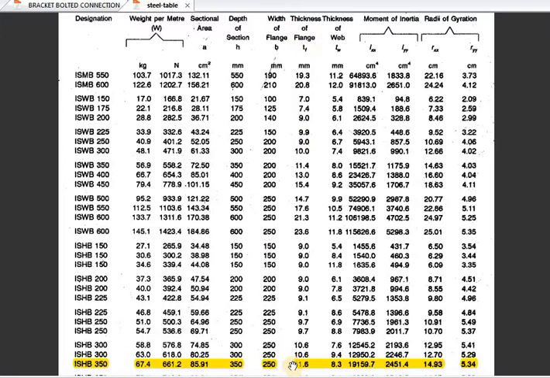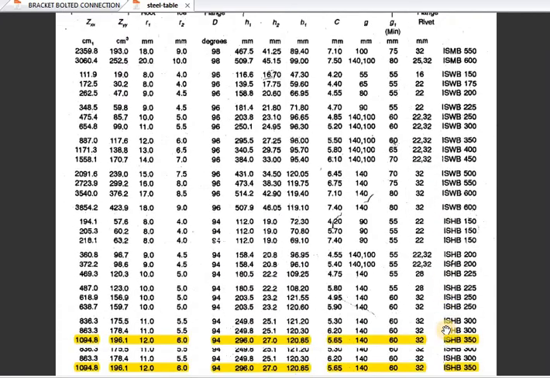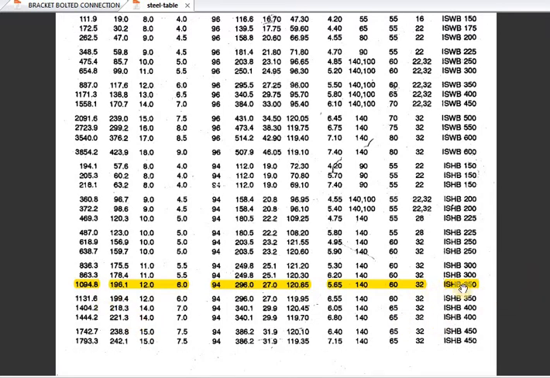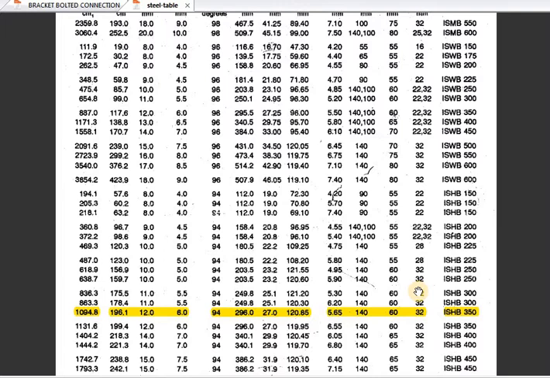This thickness of flange, TF, will be used for finding the minimum kb value in the case of design bearing strength of bolt. For the design bearing strength of bolt, we have to use the thickness of the I section. So we have to refer to this steel table and take the thickness of flange as 11.6 from the steel table. Again, beyond this, which things are to be taken care of? Here this whole page is continued on the next page. So I am continuing with the steel table on the next page. It is ISHB, the same line is there, but some data has been given on the next page also.